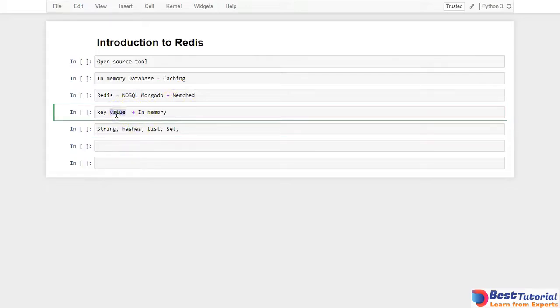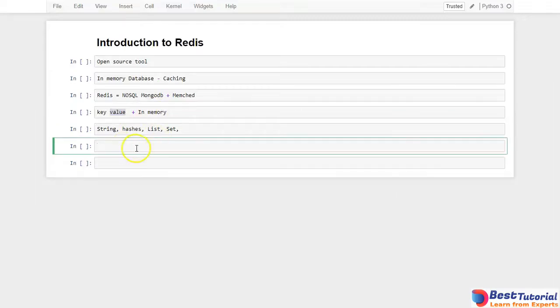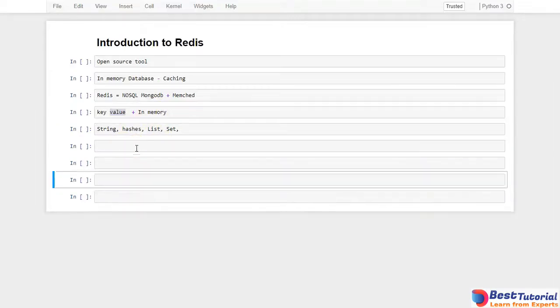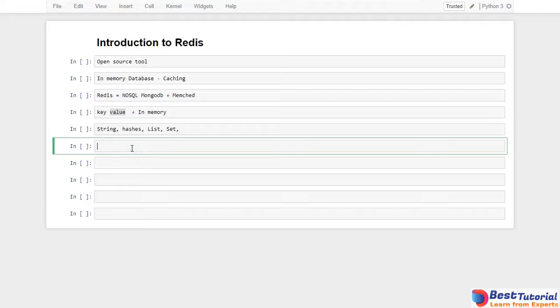So a value can be a lot of different data structures; it will support them. Let's discuss the Redis scaling functionality. Redis is already running on one single machine or one single instance. In terms of scaling Redis, it's not very easy to scale in the case of Redis,